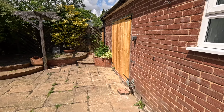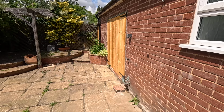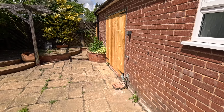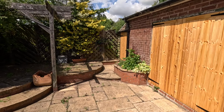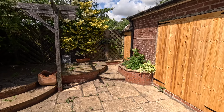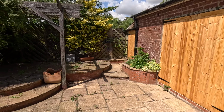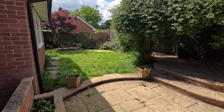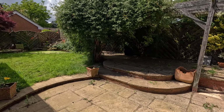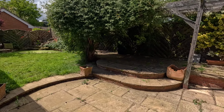You've got rear outside tap there, and also exterior power supply, and that's the rear access there from that covered garden shed and walkway area that we were talking about from the front. Just panning around, a really good sized lawn, little pond at the back of the garden there as well, and of course you've got this fantastic raised dining terrace, and of course the further dining terrace here. Now heading back through,